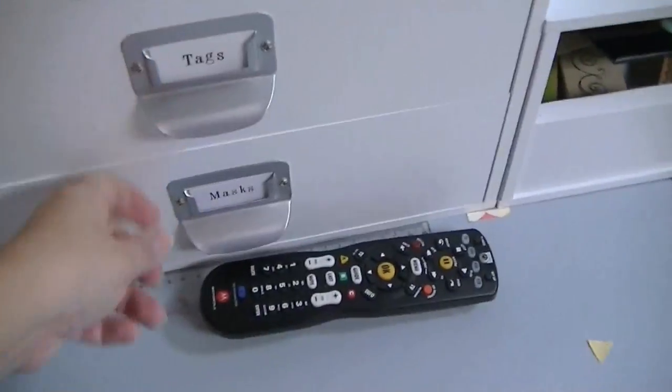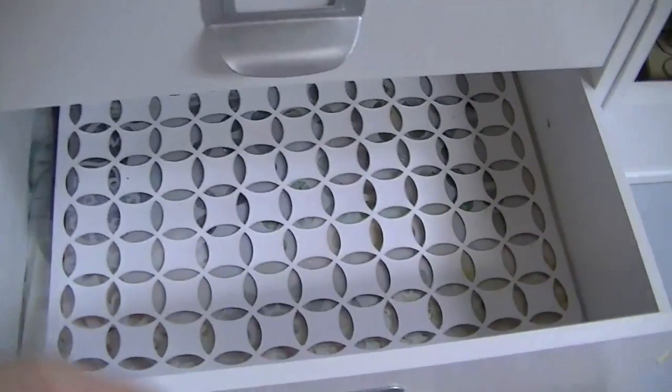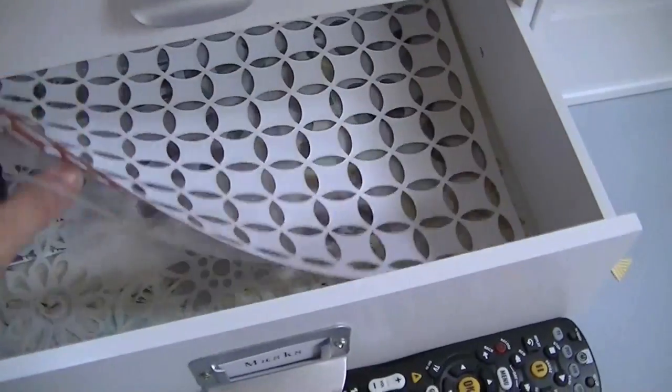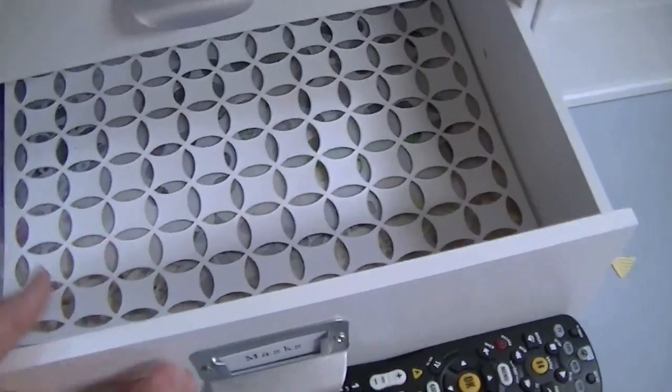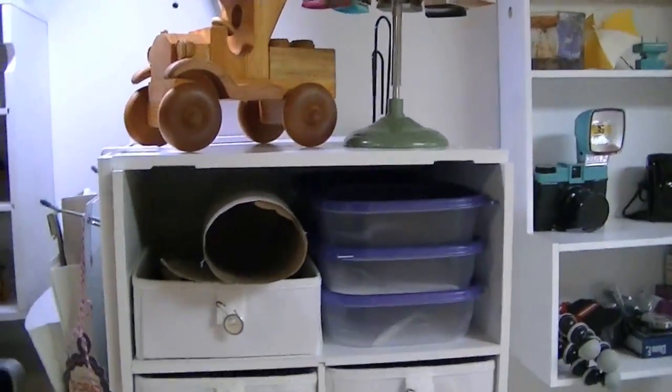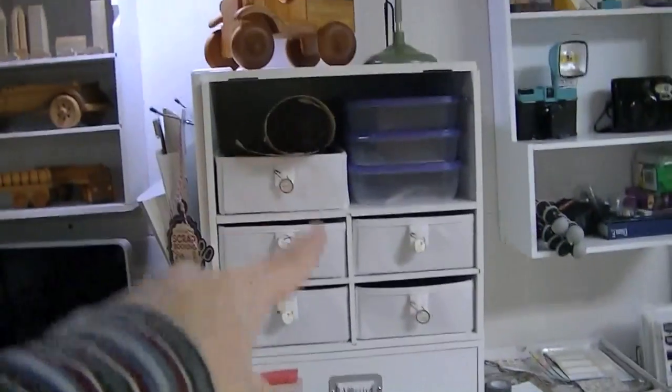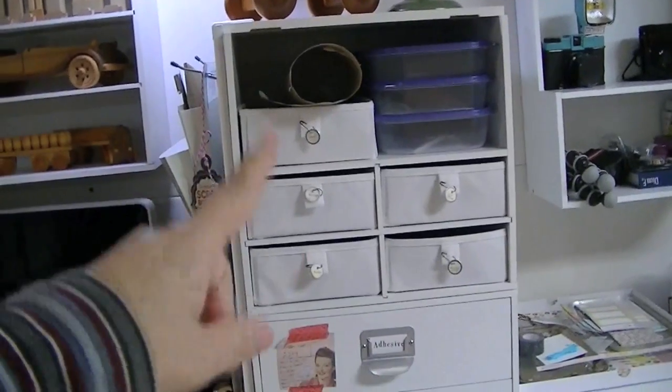So tags and envelopes. And then in here I keep my masks. And I just put this laser cut paper in here because I use that as a mask too. So I've got like a small assortment of masks, but I don't have a ton. Okay, so at the top of this double stacked Jetmax cube set here,